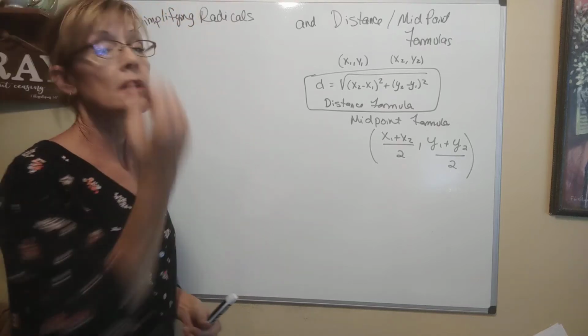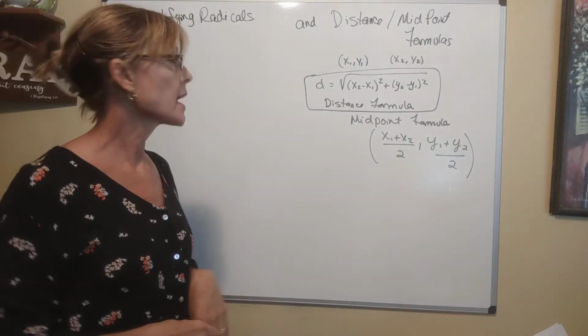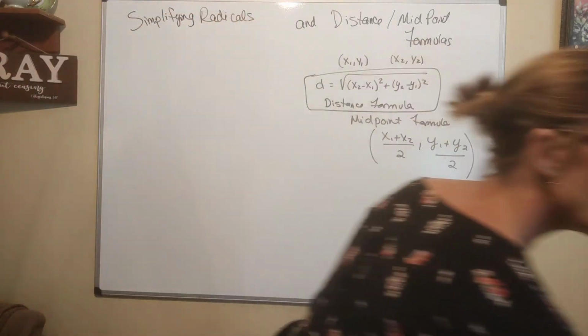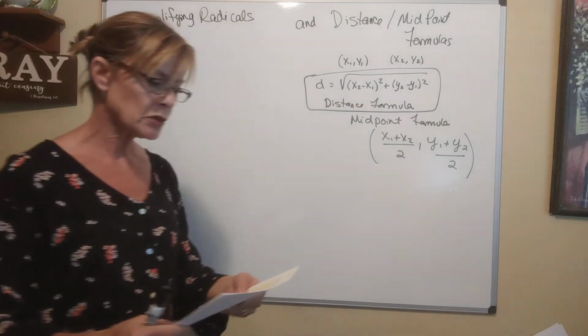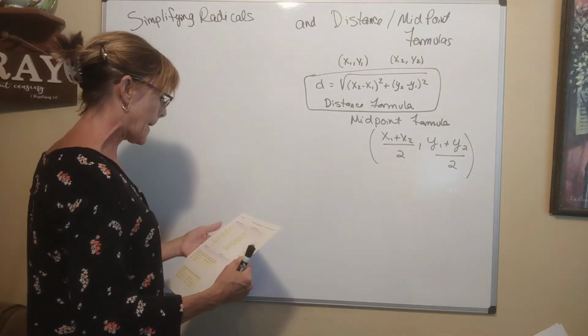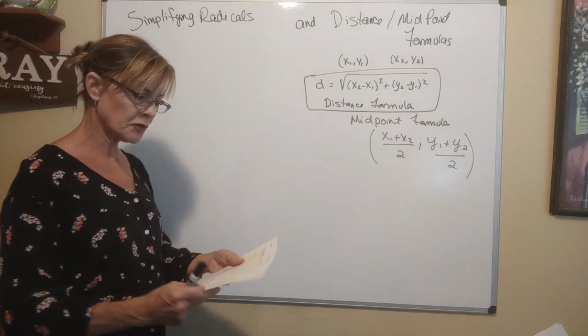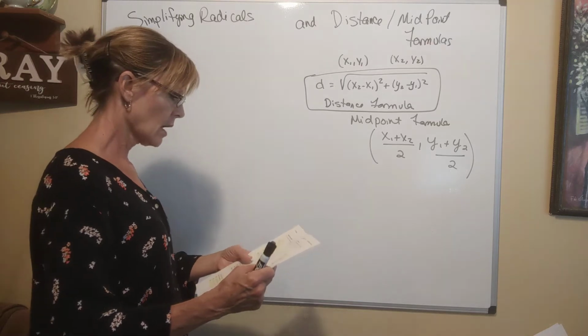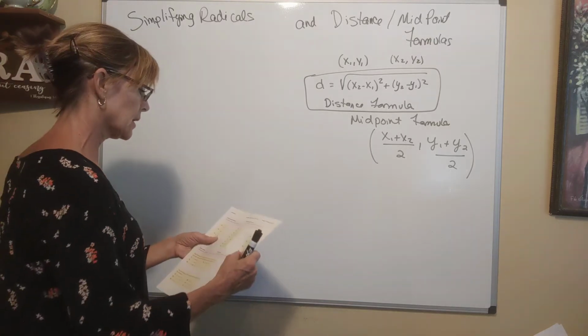Okay, this video is about simplifying radicals, and also we're going to look at the distance and the midpoint formulas. So right here, if we're going to simplify some radicals, we have this situation. Let me just write down a few examples. There's a bunch on the sheet, but let me just pick a few to make sure that we're good at this. What if we have something like,